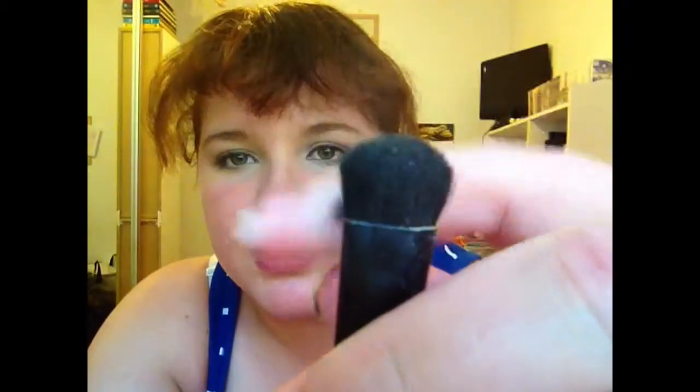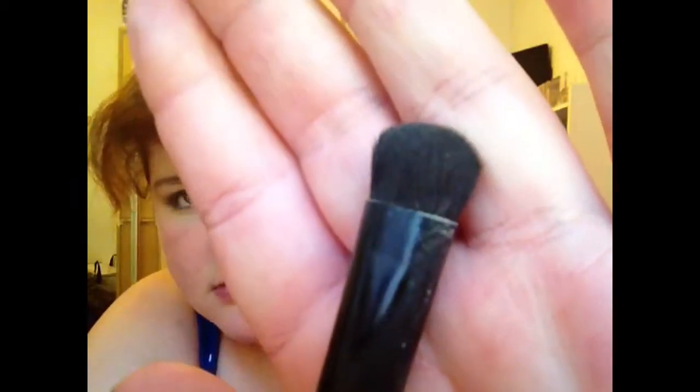I only got it a few days ago. It's very, very dense, with thickly compacted bristles. So it's also very good for pigments, or loose pigments, or eyeshadows that fall apart very easily. It's very good for that. And yeah,